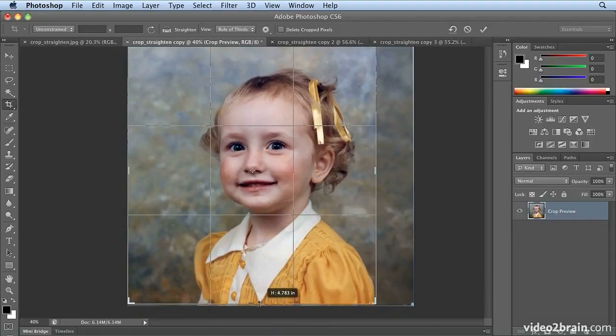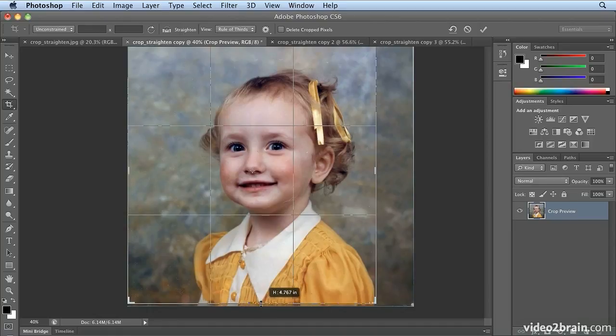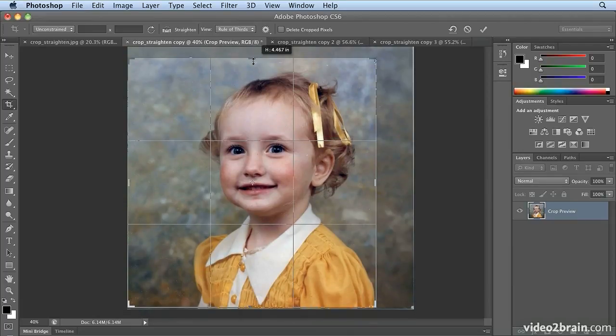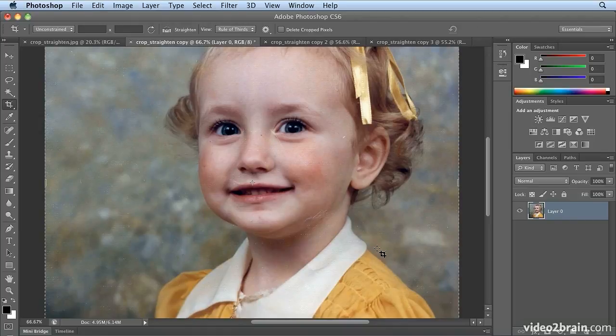Now, as a Mac user, you might think I mean Command, but it is not the Command key. It is Control on both Mac and Windows. As you drag in most Adobe programs, it temporarily disables the snapping. And finally, I think I'll take a little bit off the top so it's a tighter shot. I'll press Return or Enter to accept my crop,